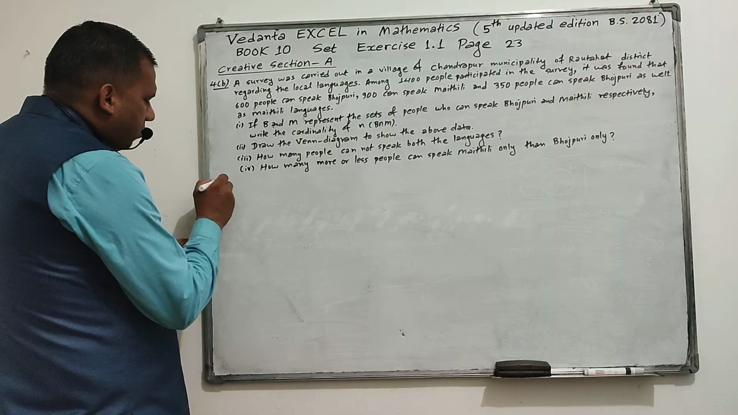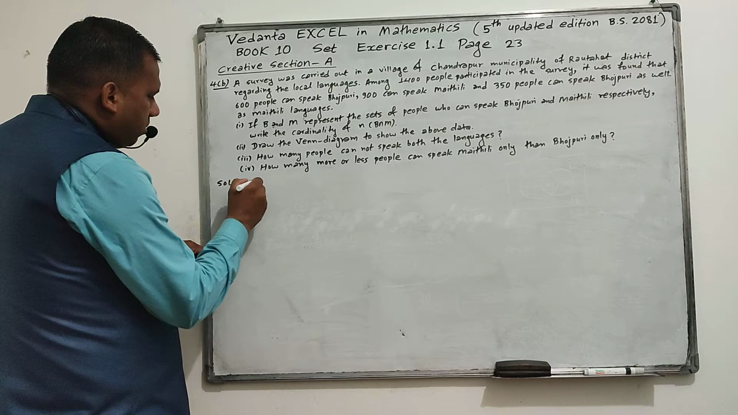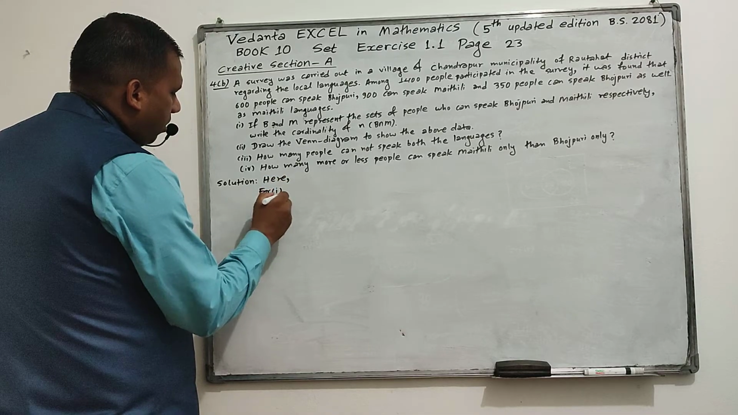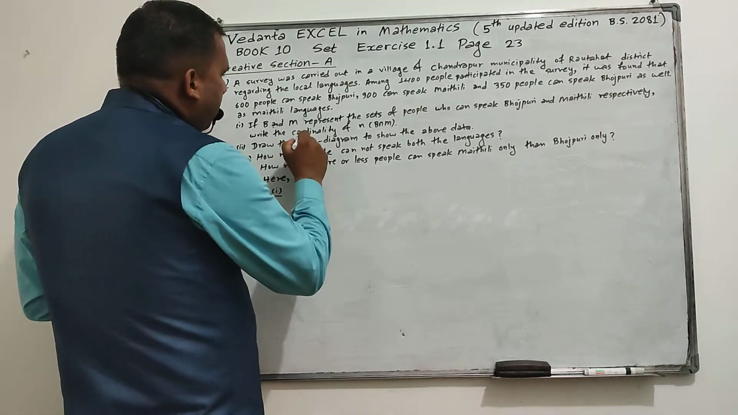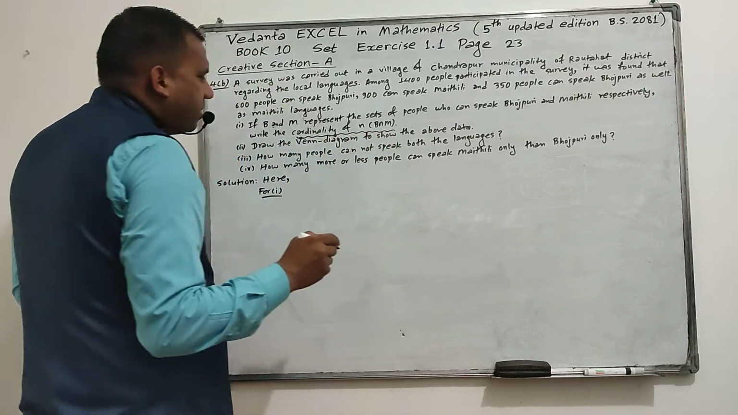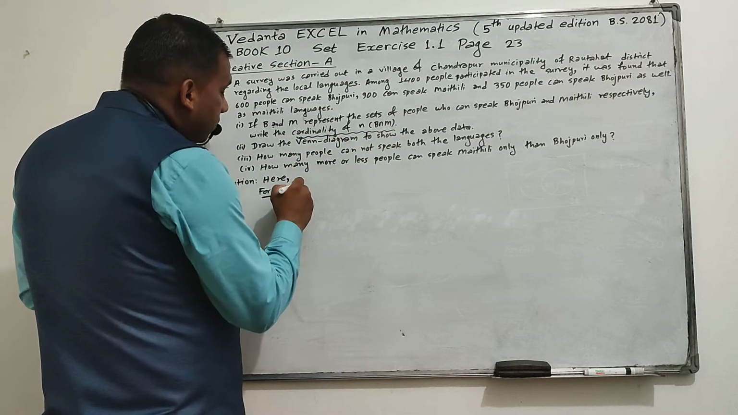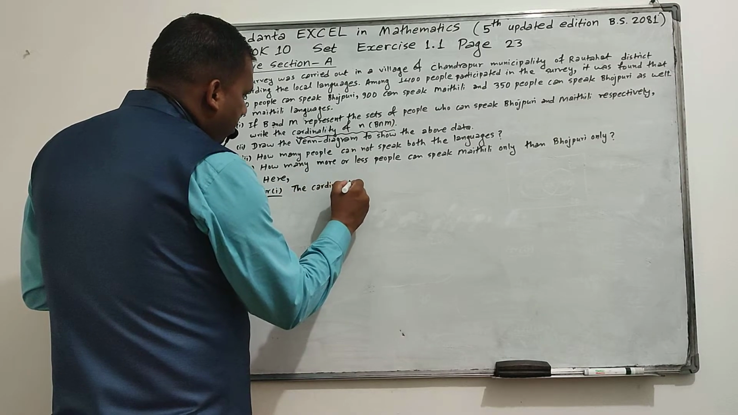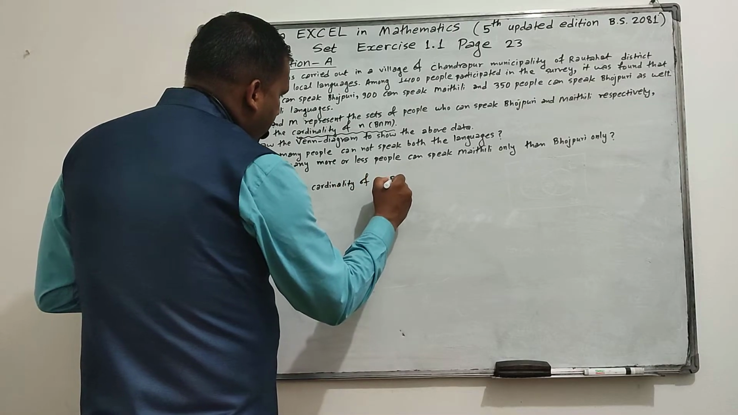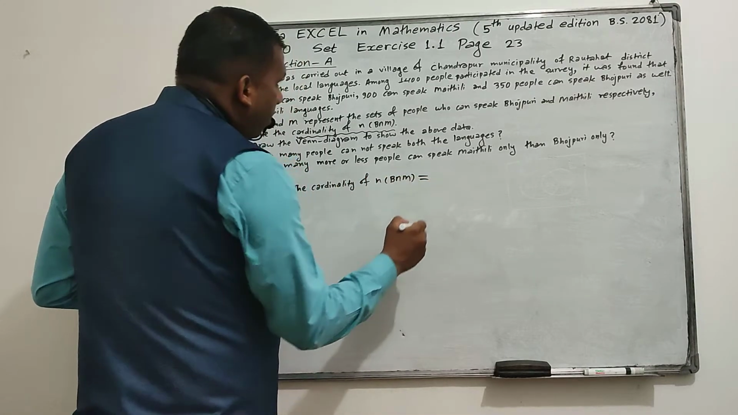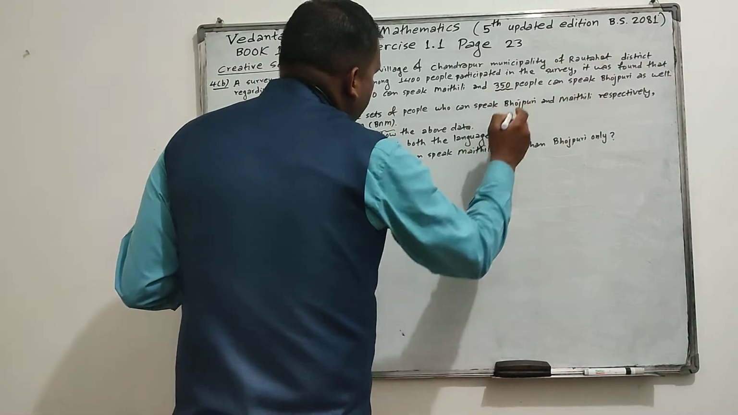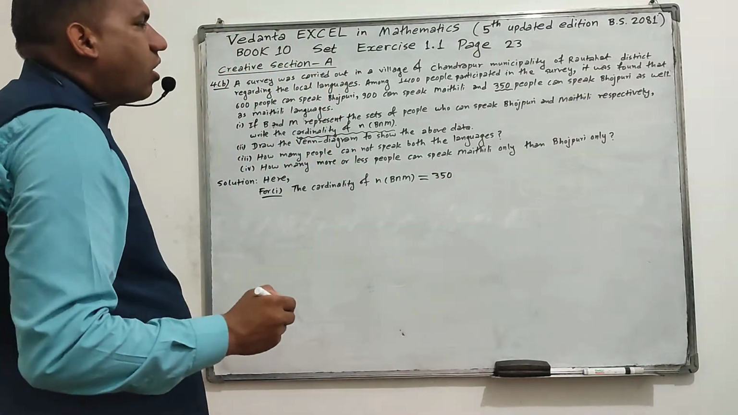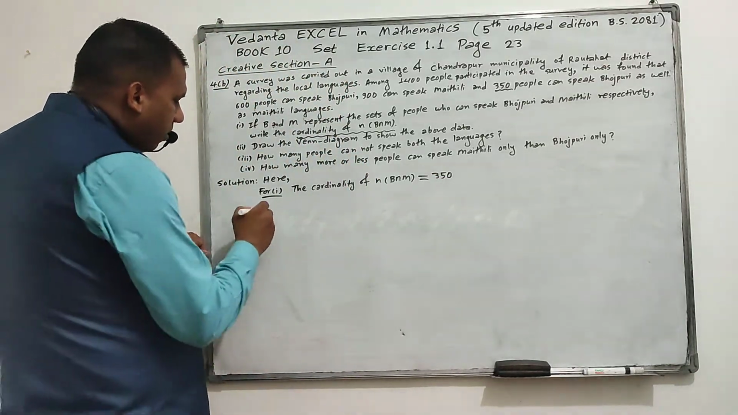Now let's do its solution. Solution here, for 1. We have to write the cardinality of n(B intersection M). The cardinality of n(B intersection M) equals 350. Intersection means we can speak both languages. For 2,